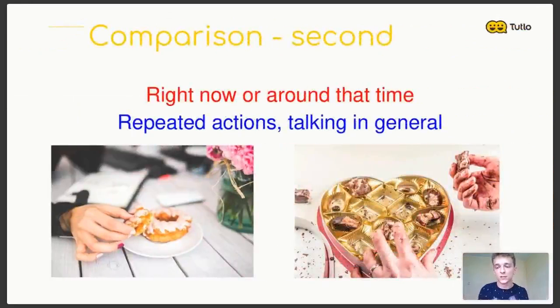Okay, and the second scenario, yeah? The second usage is like we use present continuous and present simple, yeah? Present continuous when we talk about things that are happening right now or around this time. And the second, present simple, for repeated actions, and when we talk about things in general, yeah? So the first situation, for example,